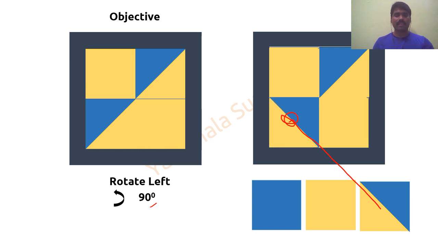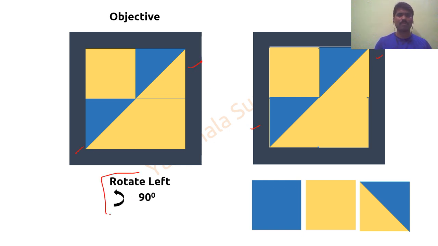Done. Now, if you observe carefully here, it is not exactly the same kind of diagram, so definitely I have to do it another time. Rotate left 90 degrees. Done. Now can you get the same thing? Yes. Done. Same diagram. So this is the importance of this particular part: rotate left or rotate right, 180 or 90.